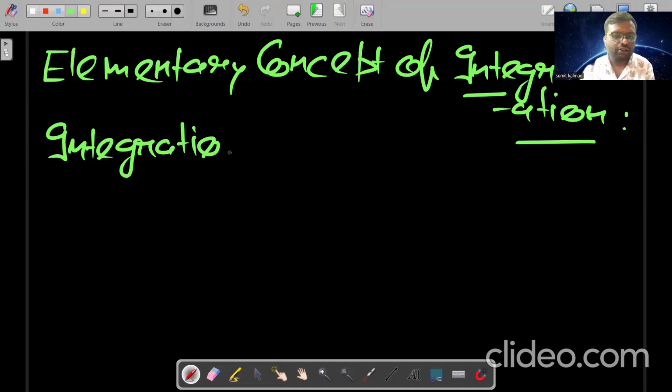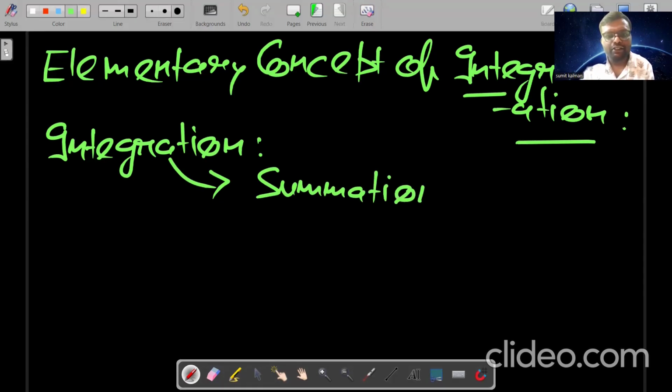So, students, the literal meaning of integration is summation. And we all have studied summation in mathematics. And this is a mathematical term which means to sum up all the terms. And students, when a parameter is determined in a small interval, suppose that we have any function, if that function is measured over very small intervals,